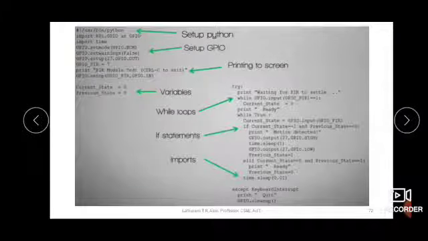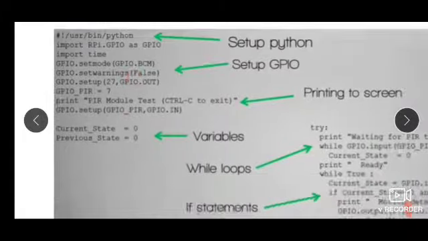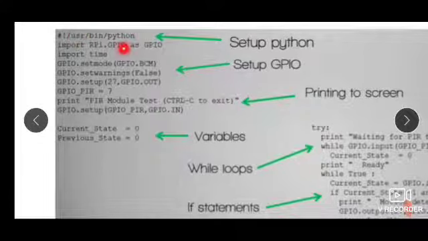So here in this program, these things we already have discussed. This is the interpreter line, then the GPIO settings, then time for delay introduction, then set mode Broadcom, then warnings are set to false, then set up 27 GPIO.out. Do you remember this 27 pin and 17 pin? Both we have connected LEDs, right? We had connected LEDs for 27 pin and 17 pin. So here also we are using that connection. 27 pin is set as output pin.